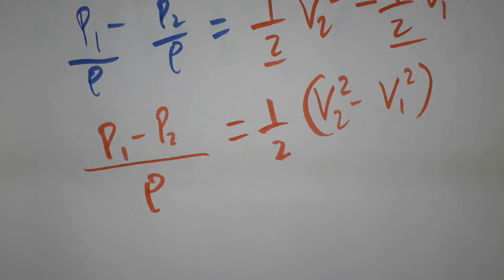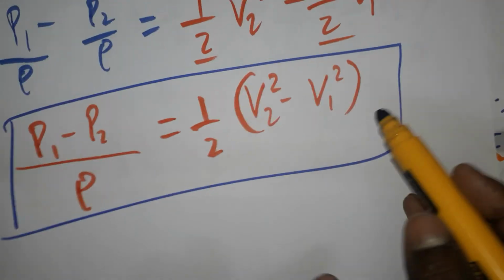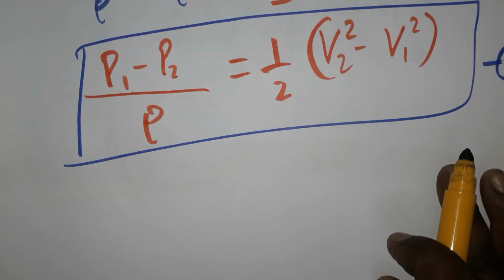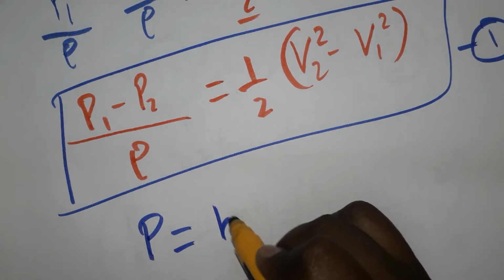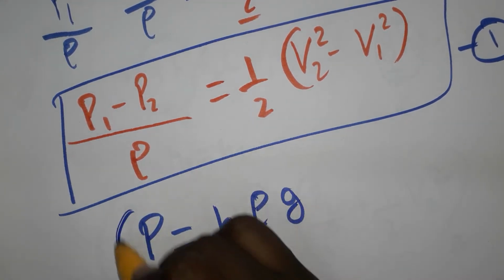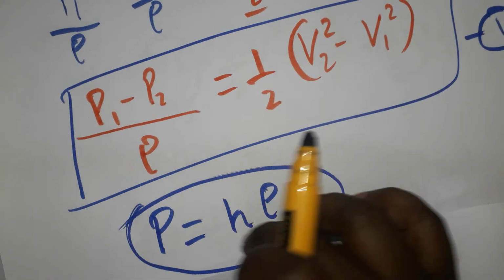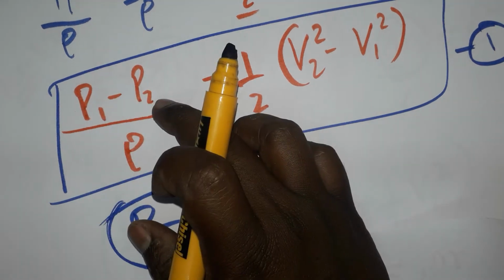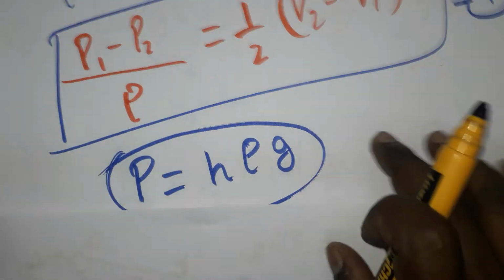Now our equation is going to proceed with pressure. I take this as equation 1. Now we will see pressure. What is pressure? I am going to take it as H rho G. Maybe you have one question: why am I writing pressure as H rho G? I will give the proof of why pressure is H rho G. First we will discuss what pressure is and P1 minus P2, then we will use the first equation to complete this solution.